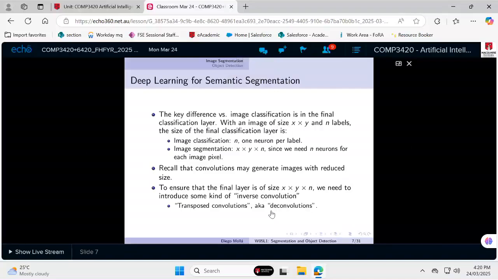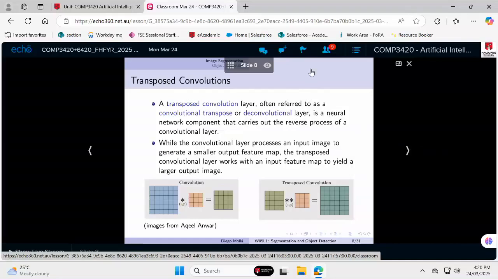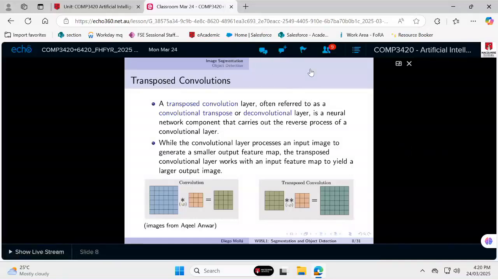There are different terms for that. A transpose convolution layer is basically something like a convolution, but it generates a larger